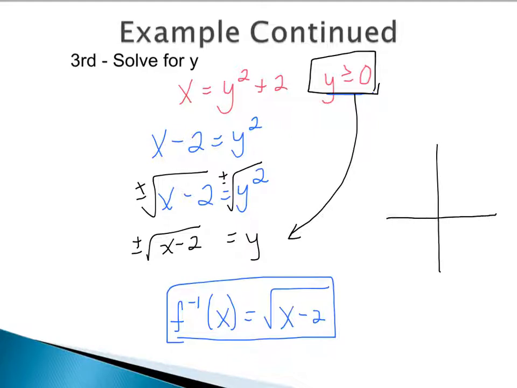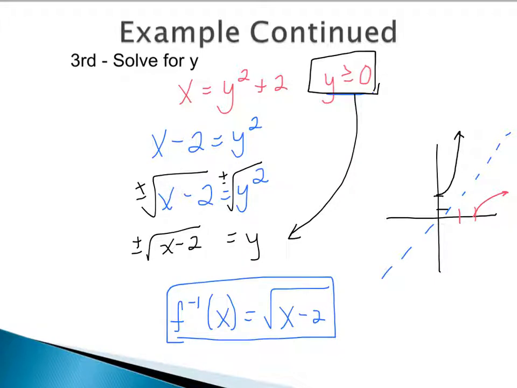If we look at it in terms of the graph, remember that our original domain restricted function was up 2 and about half of a parabola. Now our answer for our inverse, a minus 2 underneath the radical, means that we're going to be shifting to the right 2 places. So right 2 places means that we would have it like this. And then it should reflect over that y equals x, which it looks like it does.